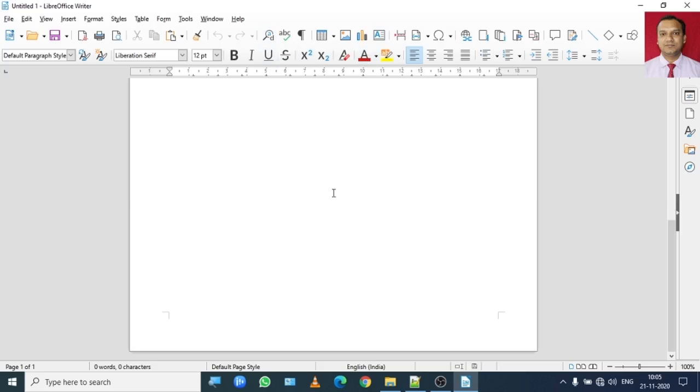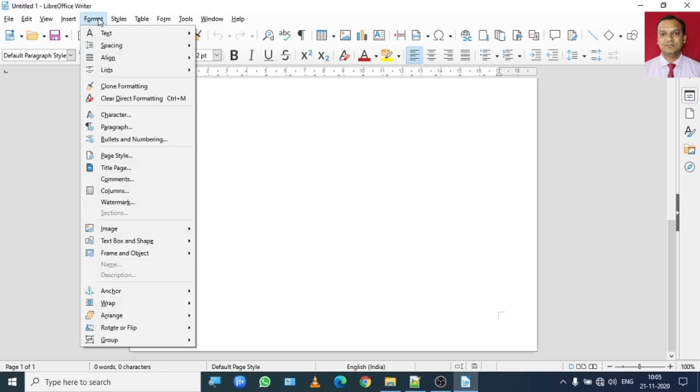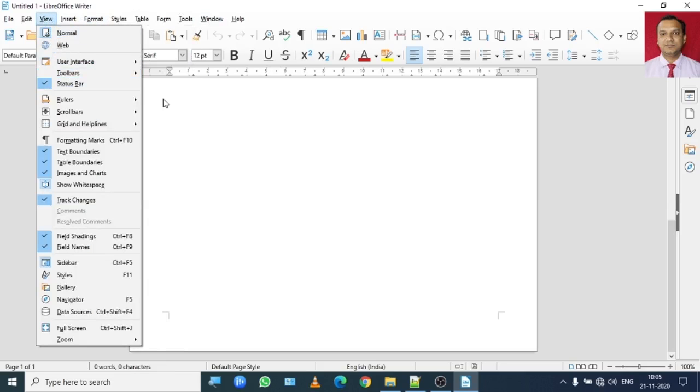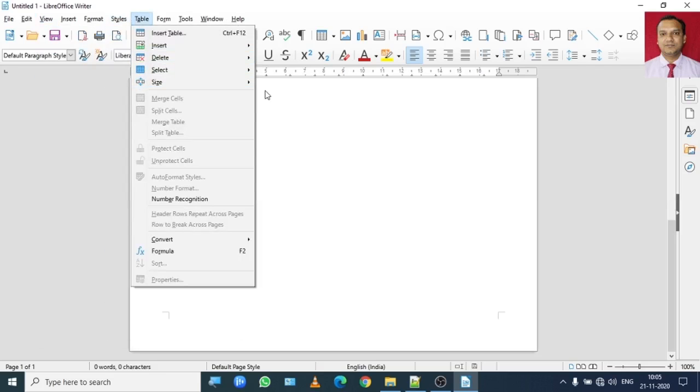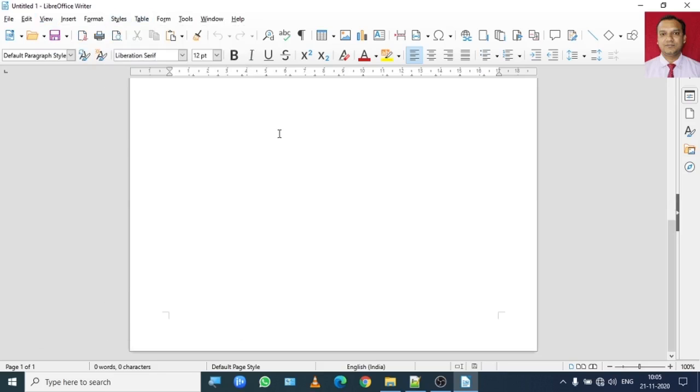Then using the context menu: when you type something, you select the text and right click on it and use the context menu. Using the character dialog box: whenever you click on any of the menus, normally a dialog box of that particular menu opens, and you can also do formatting. Using the property pane,